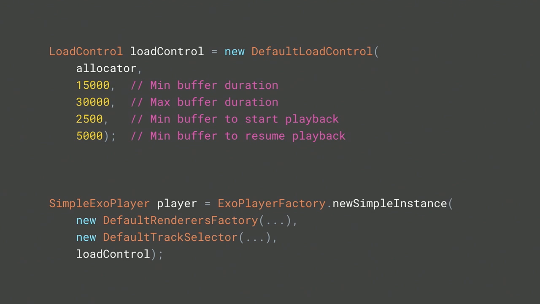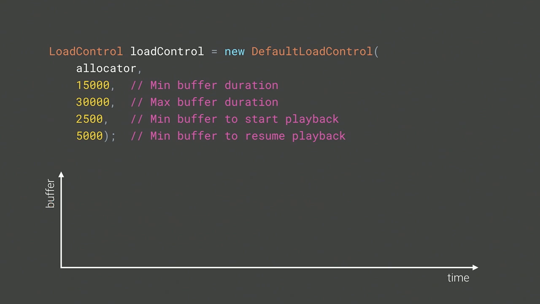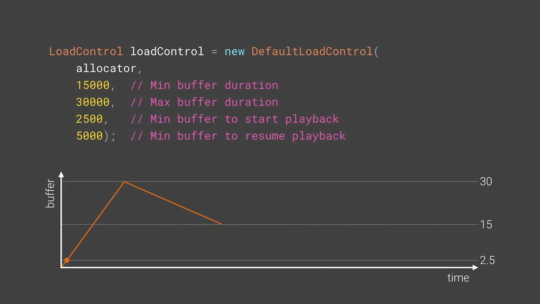So this default load control is saying that it wants between 15 and 30 seconds in the buffer, and it wants to start playback when there's 2.5 seconds buffered. So what does that look like in terms of wall clock time versus duration of media in the buffer? Well, the buffer starts to fill, and at 2.5 seconds, we allow playback to start, as indicated by the little orange dot. And the load control allows buffering to continue up until 30 seconds. Buffering will then be turned off for a while, and the media source buffers will drain down to 15 seconds, which is the lower limit. And buffering would then turn on again, and so you get this kind of sawtooth pattern in terms of buffering